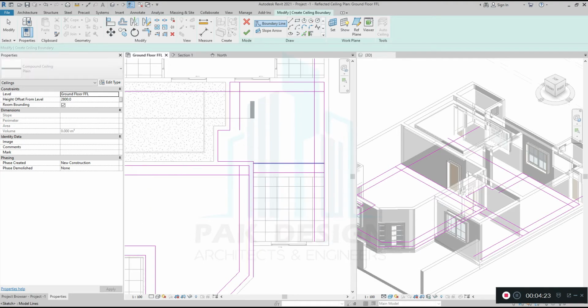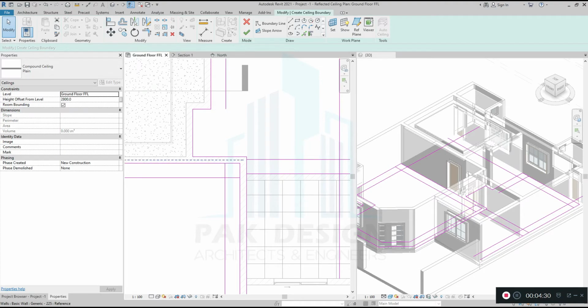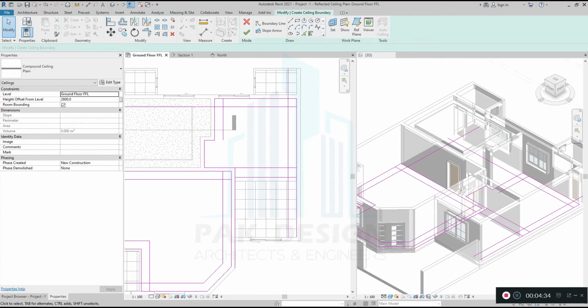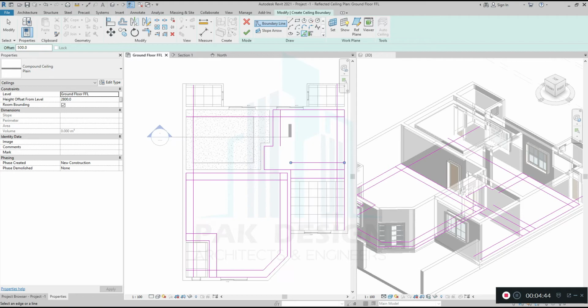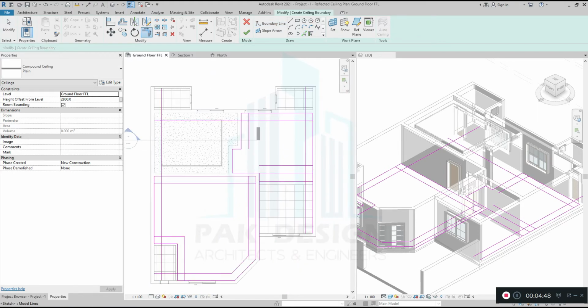Here I think cabinets are coming, so what I will do here, I will align this, AL, and now I will take offset from here, offset 500. Okay, same thing, that's no issue, that's done.